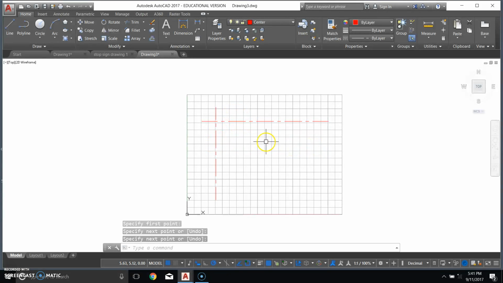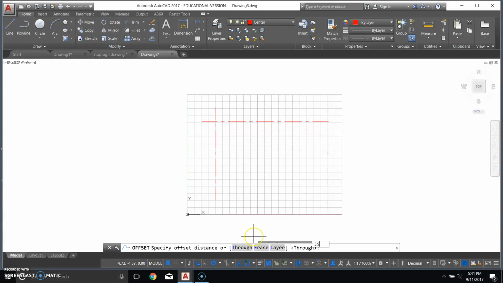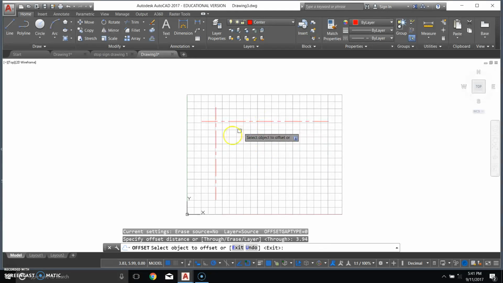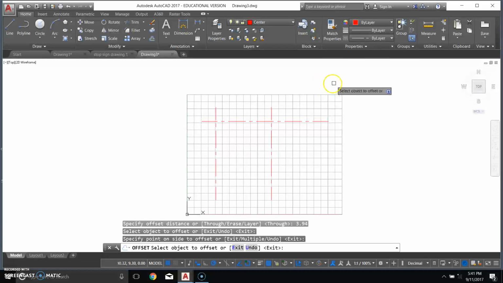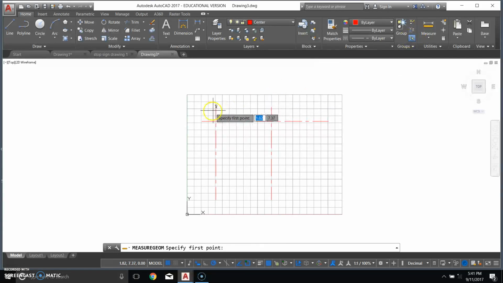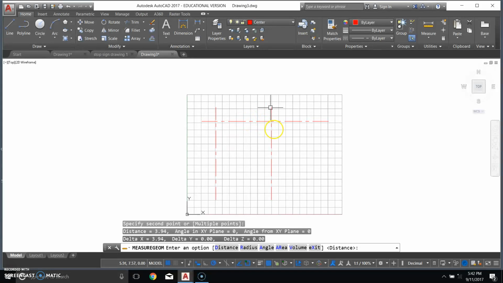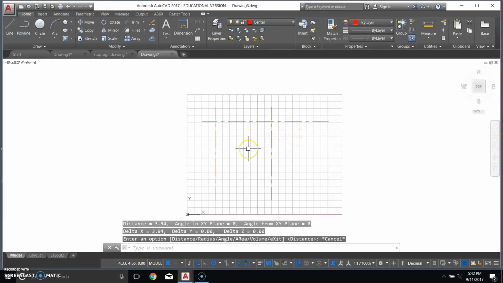We're going to copy this one. We're going to offset it over a given distance. So choose your offset command. If you look at your command line, it says specify the offset distance. We're going to type in 3.94. Hit enter. We want to pick the vertical line and place it over on the right, so click anywhere on the right. If we measure that line,